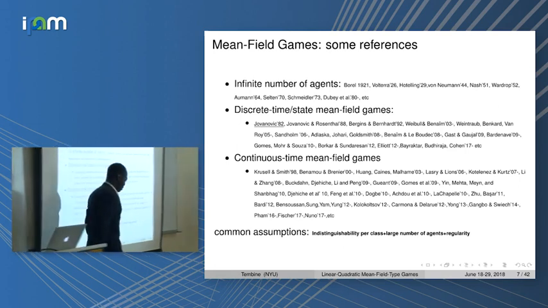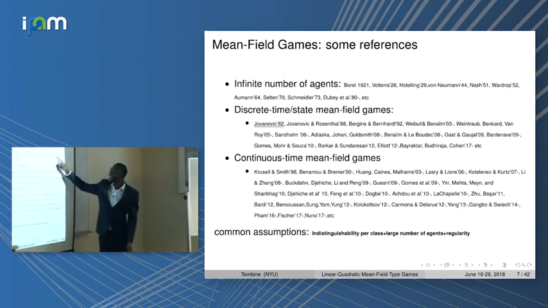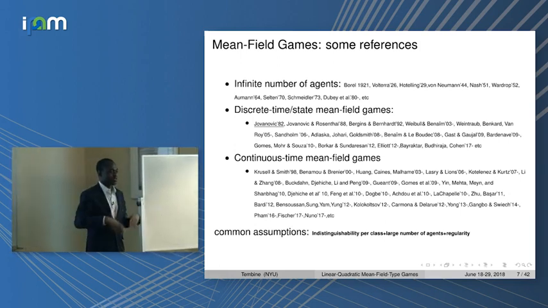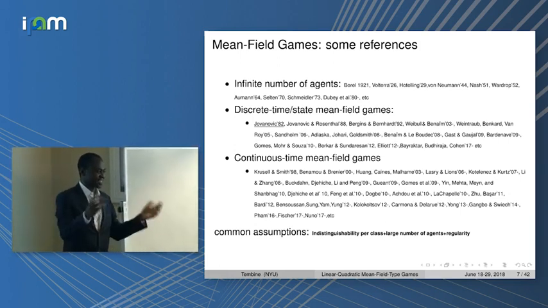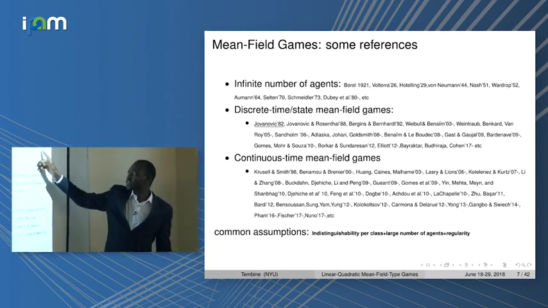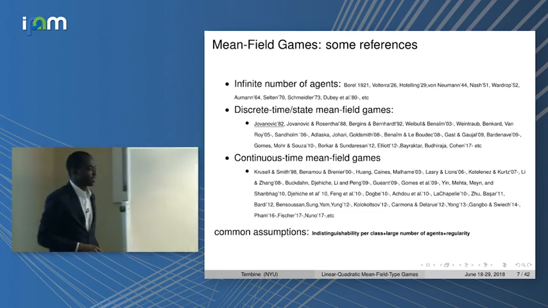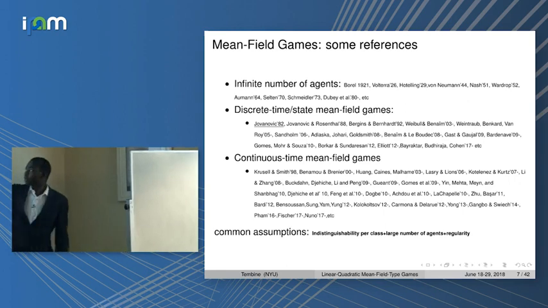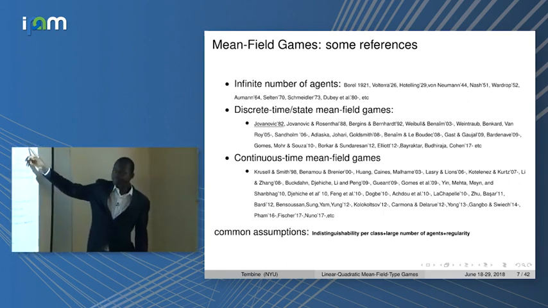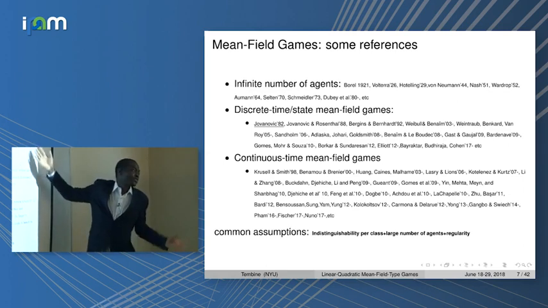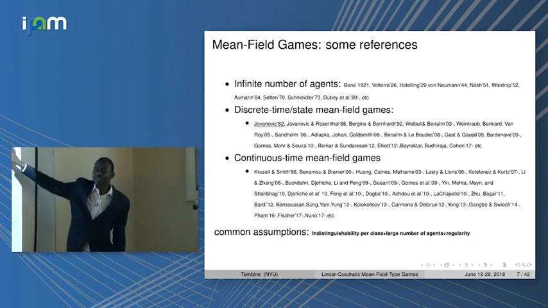And then in the engineering community, we usually consider Wardrop equilibrium because in the context of transportation, if you have a large number of drivers over the road network, he defined the concept of the Nash equilibrium as: if any road is used, then the travel time on that road is the minimum travel time. So that's Nash equilibrium, but with an infinite number of decision makers. So those are static mean-field games.